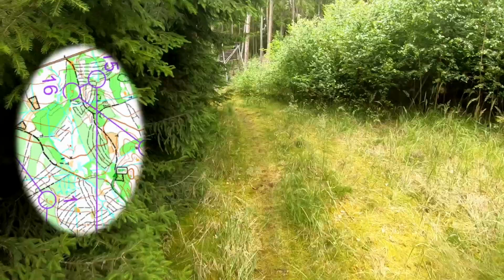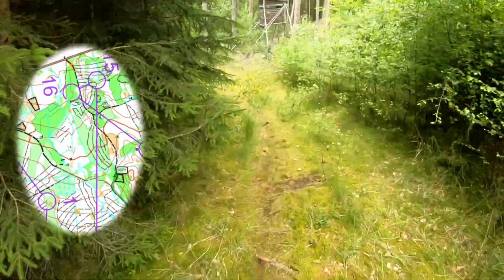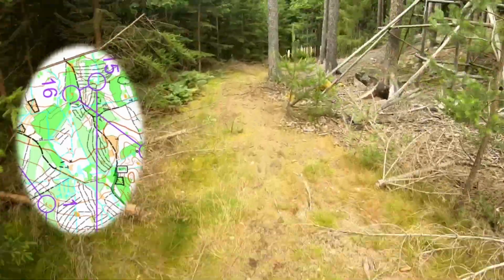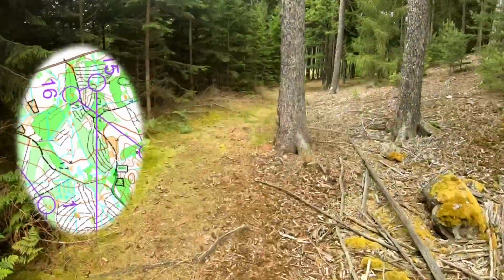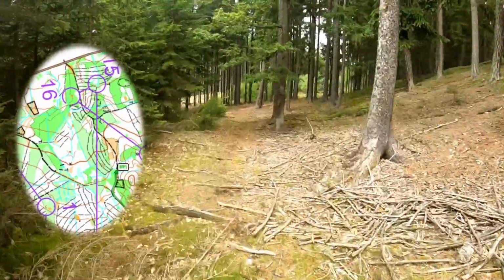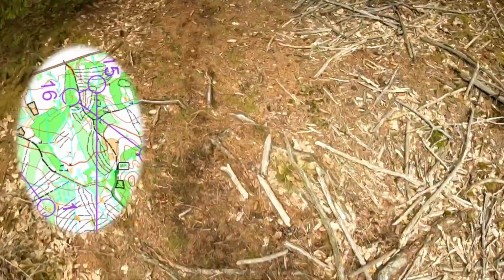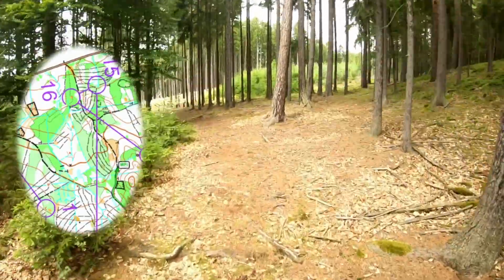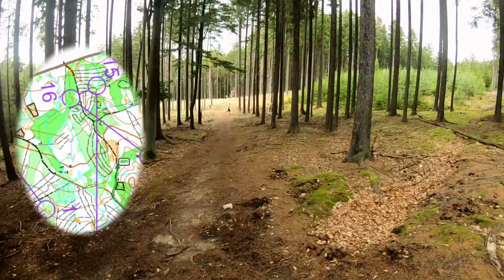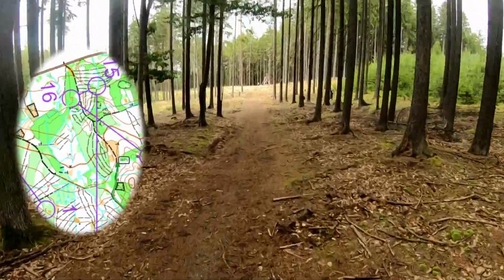Up until now, I wasn't really thinking about how to attack control 15. I think I wanted to go all the way up almost to control 16, behind that junction of the two parts,